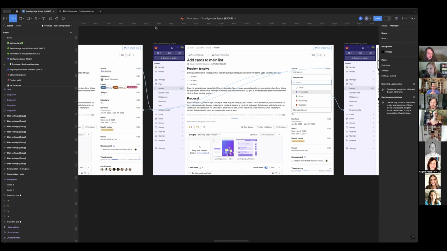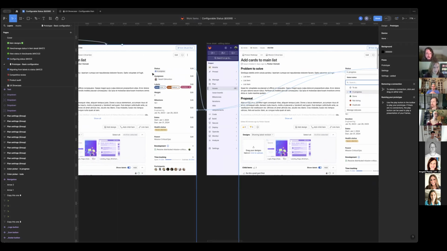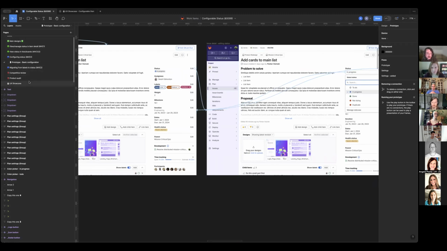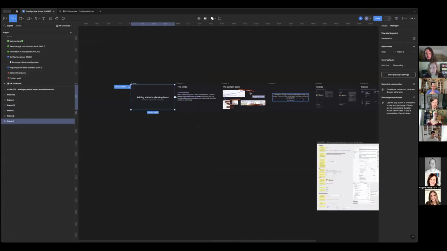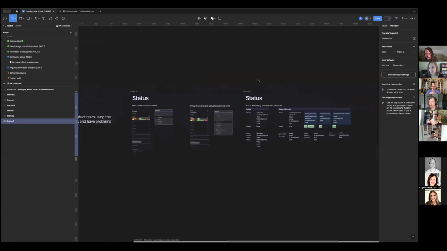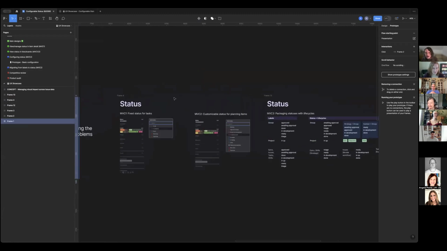Chad, I see your note about designing in dark mode. I made sure that the status component at least had a dark mode, and I used this as an excuse to build that out a bit more. Most of the design is in light mode, but we did make sure the status component was dark mode, because the other thing is, since that color is user defined,